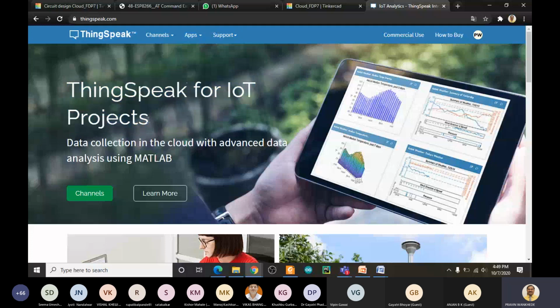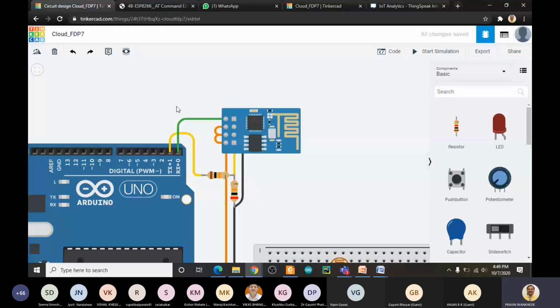So now we are going to use ThingSpeak for our application. Why? You could say that on Arduino you can use any type of cloud. That is absolutely true. But if you would like to use any other cloud, then we have to add specific libraries in the programming. The problem is that in Tinkercad we do not have support for most of the libraries.